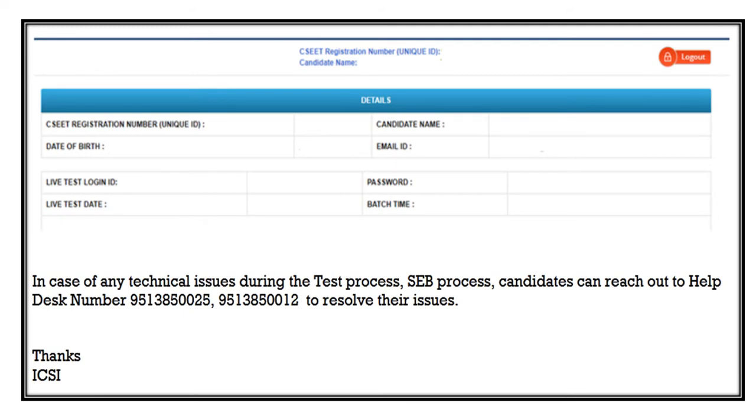So the screenshot for generating the login details will be somewhat like this: CSEET registration number, candidate name. Details are given like CSEET registration number, date of birth, live test login ID, live test date, password, batch time and everything. And if you have any kind of technical issues during the test process,